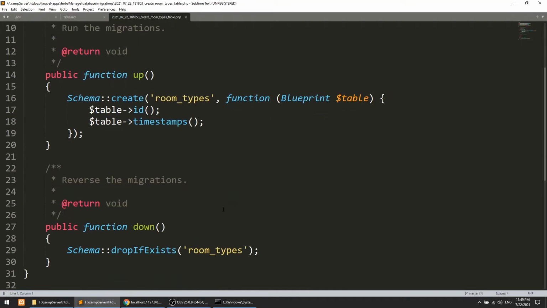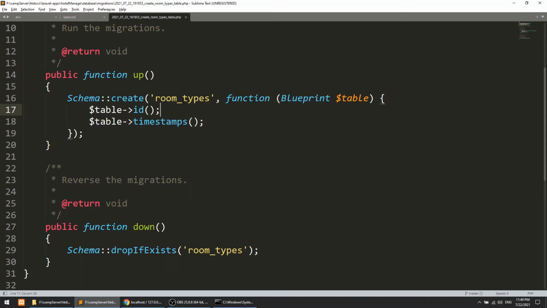In this we have two methods, up and down. In the up method we will define the structure with the data types, and in the down method Laravel defines that if we run the down or drop method, then it will drop the room types table. The table name will be created as room_types.